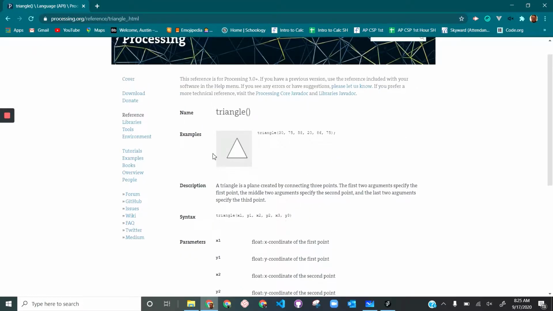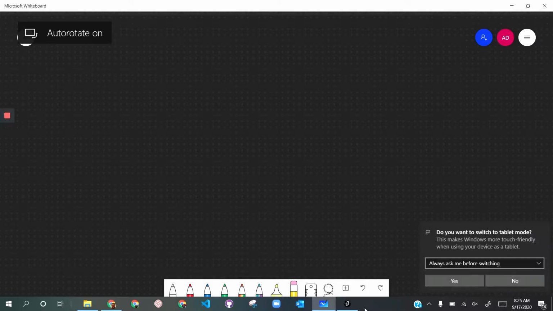minus size times 1.5. And remember, this is because it's minus because you have a screen set up where the y numbers get bigger as you go down, and the x numbers get bigger as you go to the right. So first point we're going to have is at 0, negative size times 1.5,